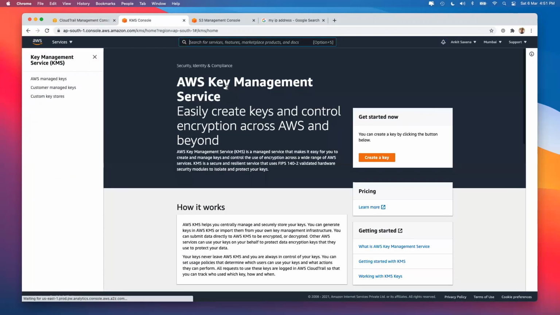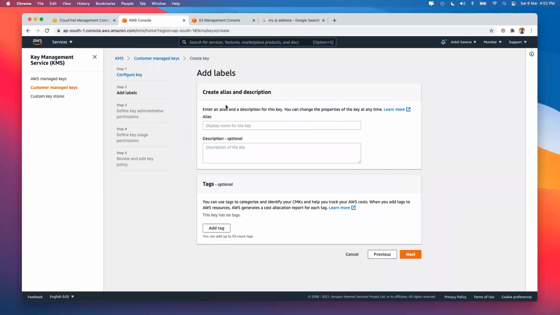Now here the concept is that whenever you have to access any service of AWS, you need access for that. So you need to create a user. The user will have their own ID and password, and you can give the user access to any service. Or if any AWS service has to access any other AWS service, in that case, they need the access or the permission. How to give that permission? Let's see. For that, you click on create a key over here. You give a key name, and let's put this name as key-3